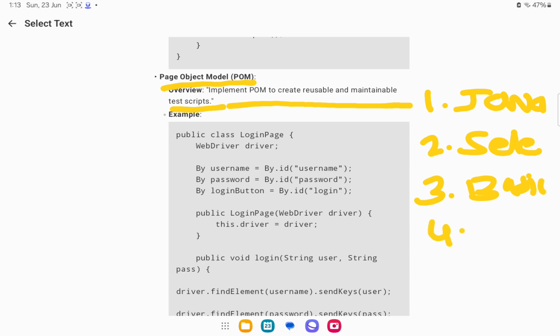Fourth, you have to be good in some advanced concepts, like how to interact with frames, multiple windows, how to upload files. So these are advanced concepts. Okay, also how to interact with web elements like drop downs, how to handle them. And the fifth one is